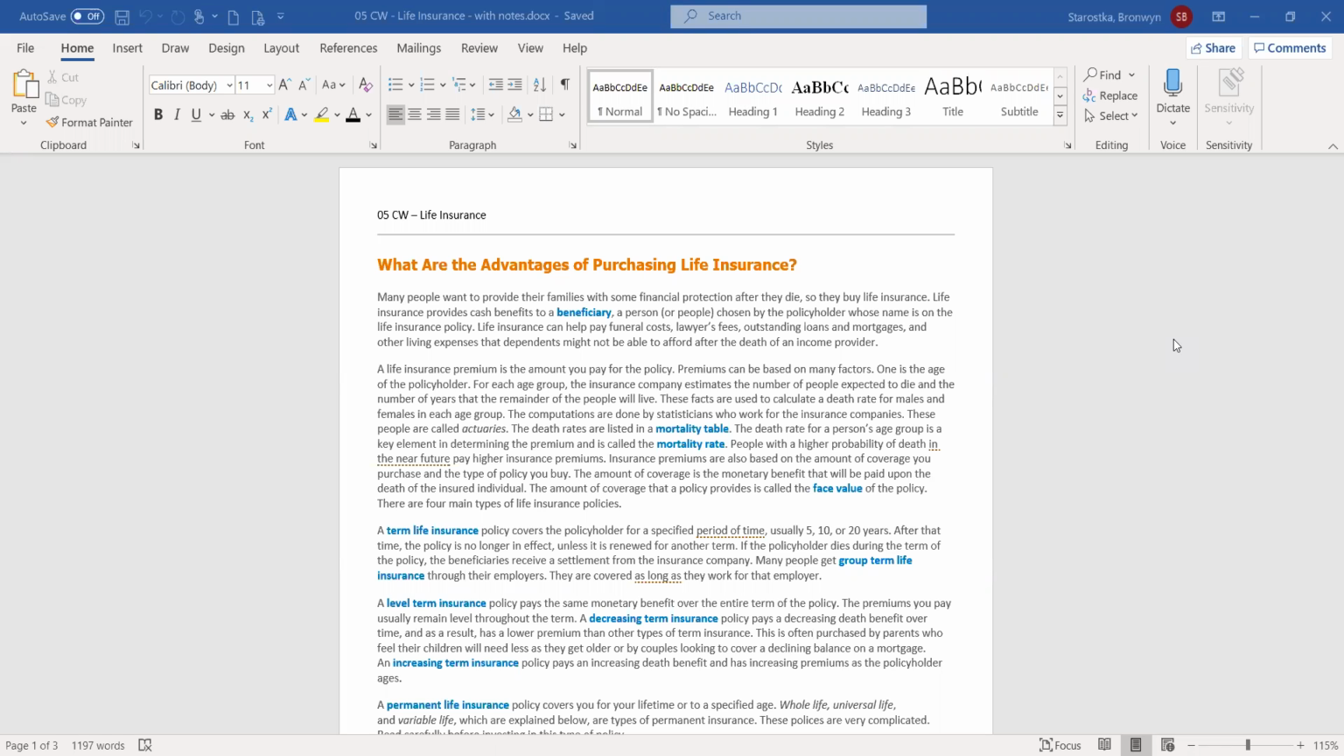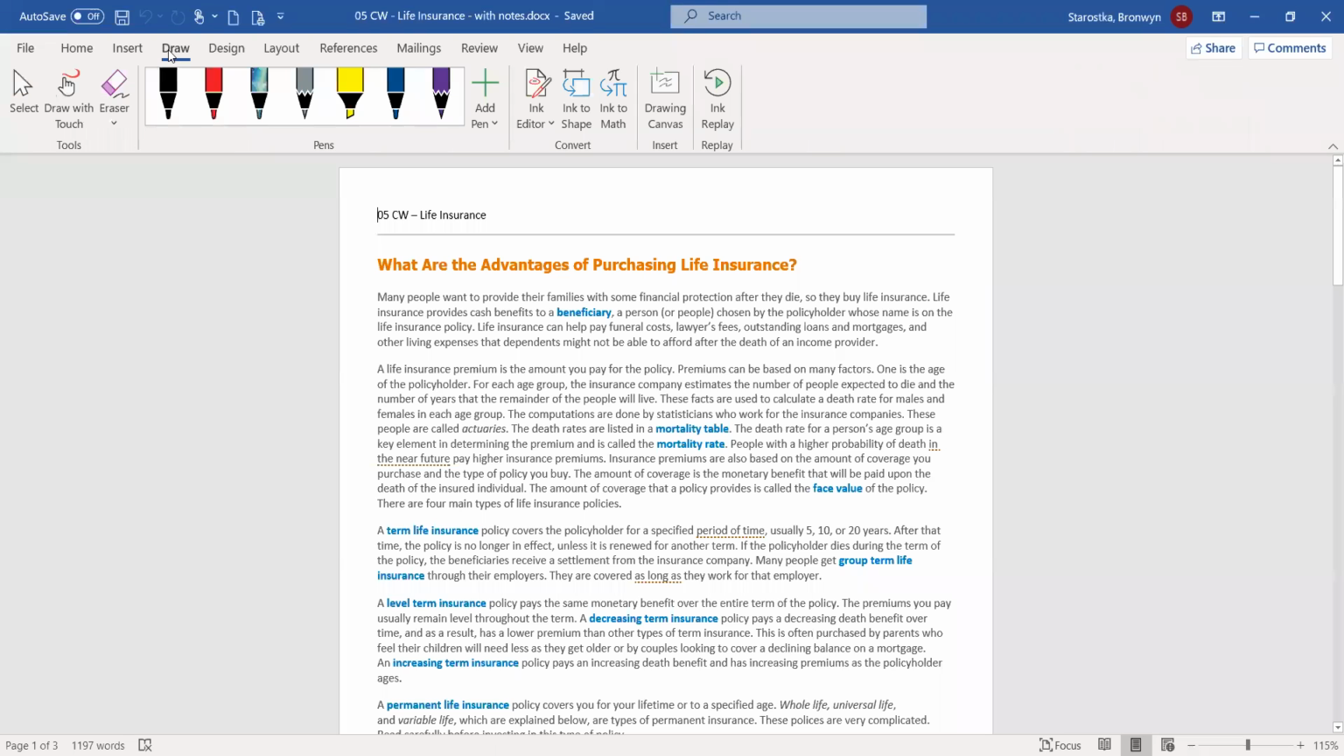So we're in Chapter 10, Section 5, Life Insurance. And I'll highlight a few things here. What are the advantages of purchasing life insurance? Well, first of all, what is it? Life insurance